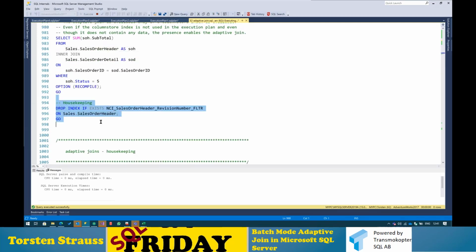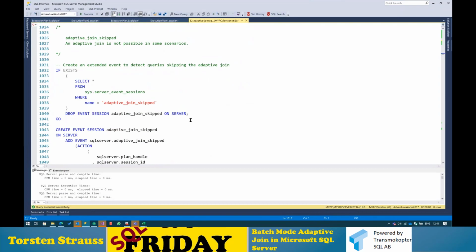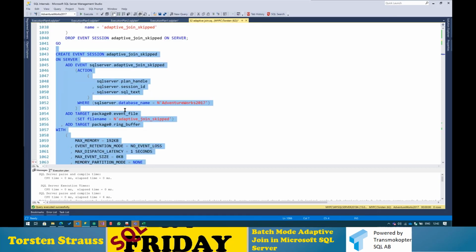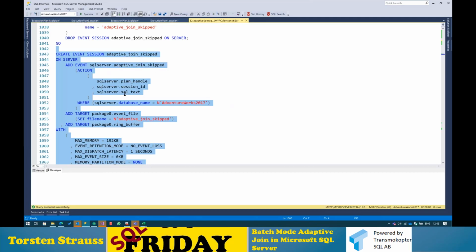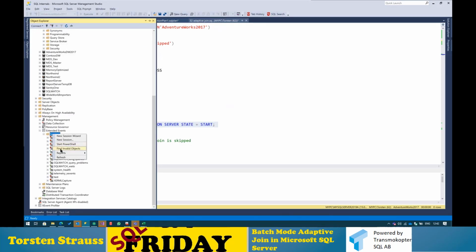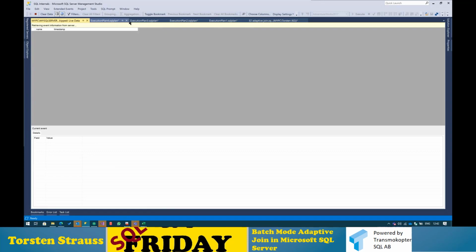Okay, I can skip this one. Okay, there is one additional extended event which we can use in order to understand when an adaptive join is skipped. And we will see in a moment why SQL Server will skip adaptive joins. But first of all, I will create an extended event. Here you can see how it works. The event is SQL Server adaptive join skipped. So apart from this, it is just a normal extended event, nothing special about it. Let me go down, refresh, and say adaptive join. Yeah, that's perfectly fine. And say watch live data. Cool. By the way, I will close this one,